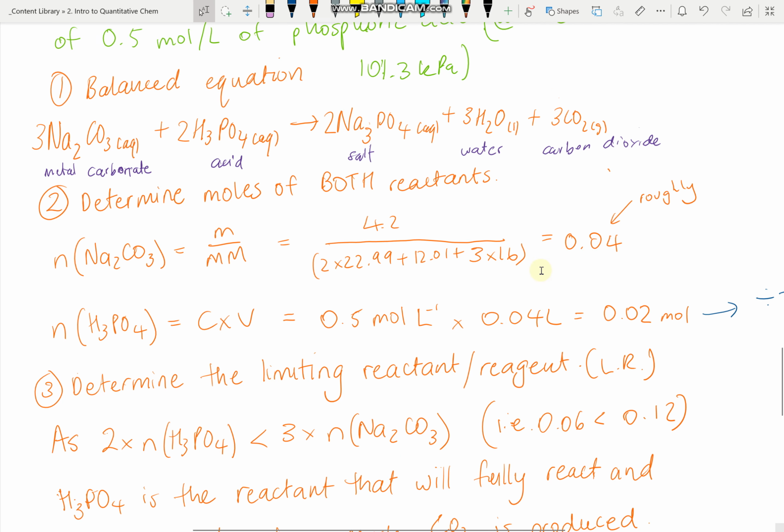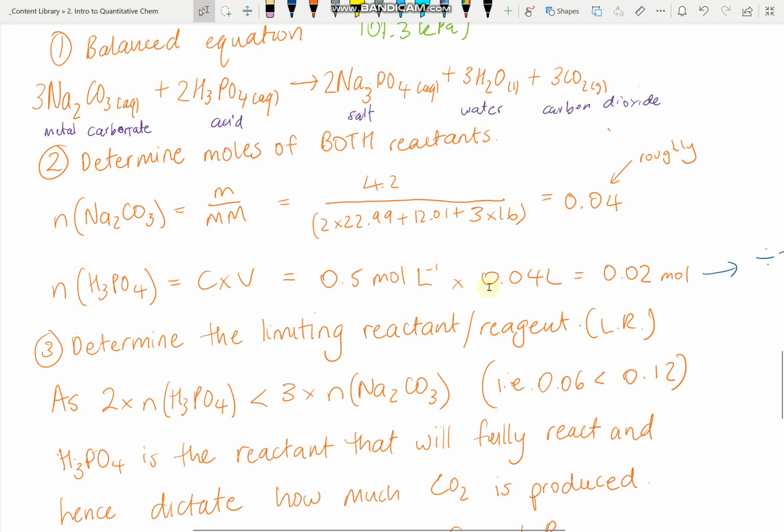And here's, you're actually doing a pretty hard question here, because this is what's called a limiting reagent question, where you need to figure out which one of the reactants limits the reaction. And obviously they're not in the balanced chemical equation reacting in a 1 to 2 ratio. If that was the case, if it was 1 sodium carbonate, and sorry, that won't work because that was 2 sodium carbonates and 1 phosphoric acid, then this would fully react because it's a 2 to 1 ratio, right? And in this case, we've got a 3 to 2 ratio, and so